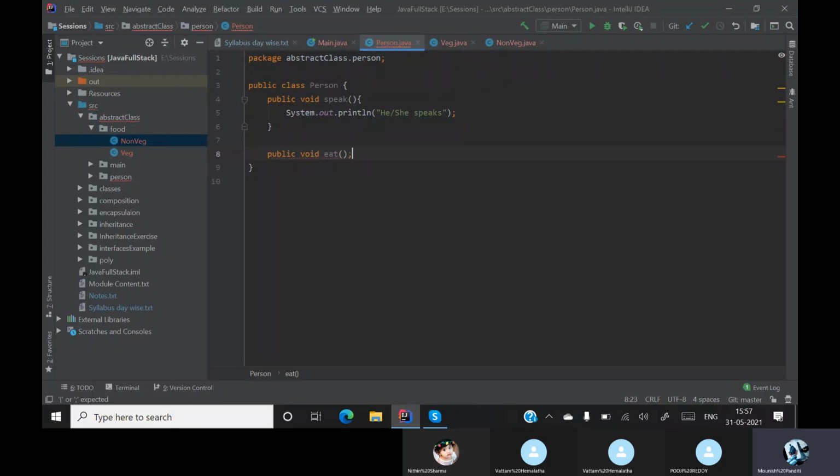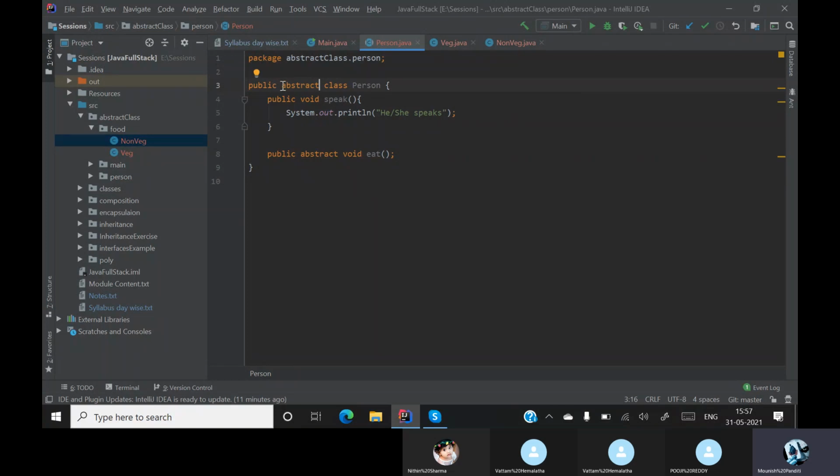In that case, a person will definitely eat. Whether it is veg or non-veg, we don't know. For those kinds of things, we create more actions. We'll make this eat an abstract method. Remember, when you have an abstract method inside a class, you must specify the class also as abstract.